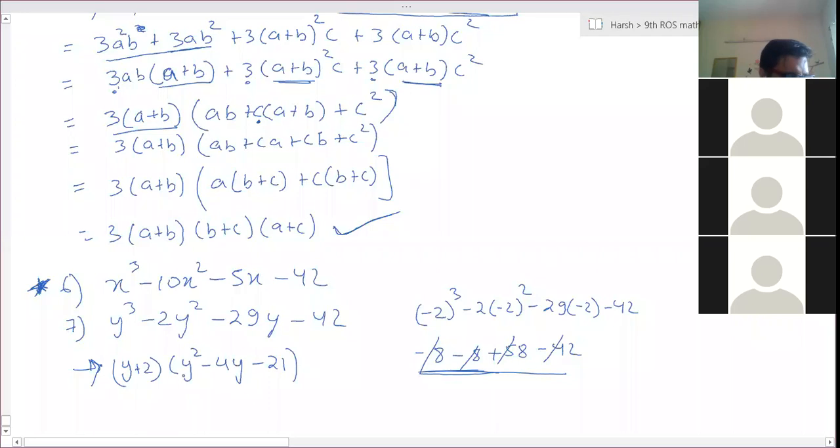Any other doubt in this 10 question? No doubt. And NCERT, anything? Any doubt in NCERT 2.5? So I have a doubt. The last two questions, what are the possible dimensions of area, volume? So in that we are supposed to write the factors. Yes. You have to write the factors. Give possible expressions for the length and breadth of each of the following rectangles. So you have to factorize it.